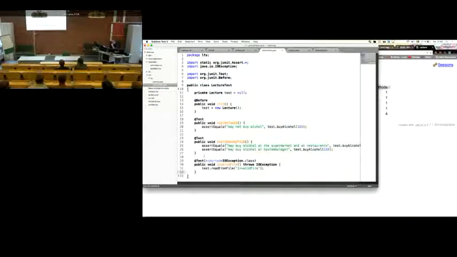Okay, so what I do is I create a test. I do this expected. In this case, it's an IO exception. Note here that I actually need to either catch it or throw it. In this case, I do invalid file throws IO exception, because otherwise,